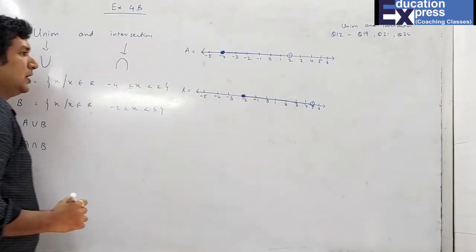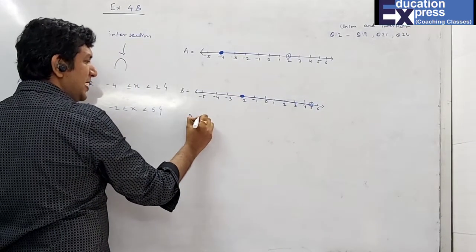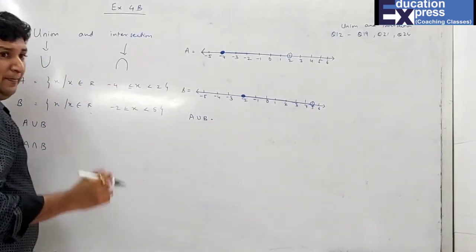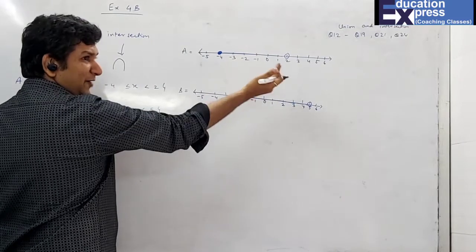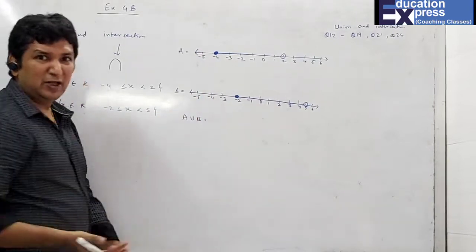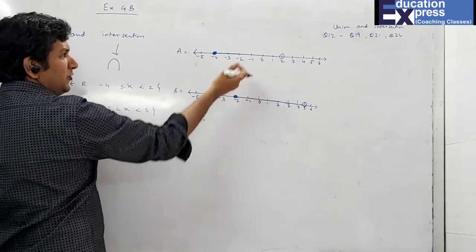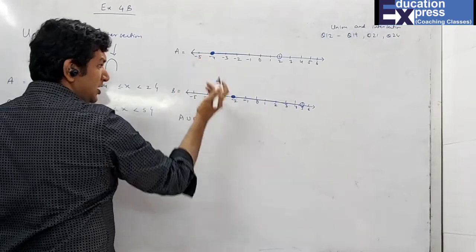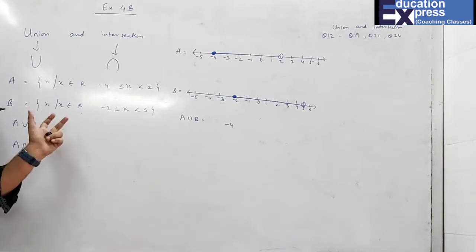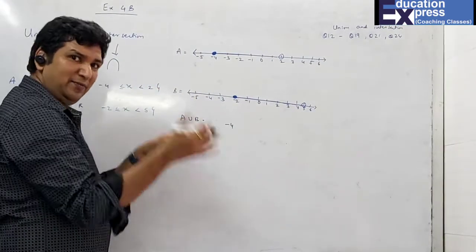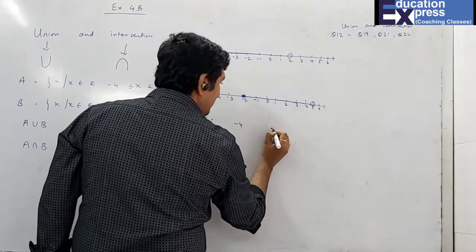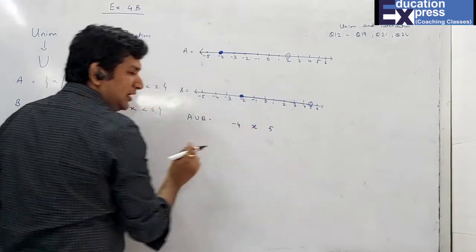Okay students, first we will go for A union B. Very simple, just pay attention over here. What is the maximum left? You can see if I compare both, on the left hand side, which is extending more, -4 or -2? So obviously -4 is extending more on the left hand side. So that means you have to write -4. Whichever extends more on the left hand side, you have to write, and same thing, whichever extends more on the right hand side, that is 2 and 5, which extends more? 5. That means your X will come in between.